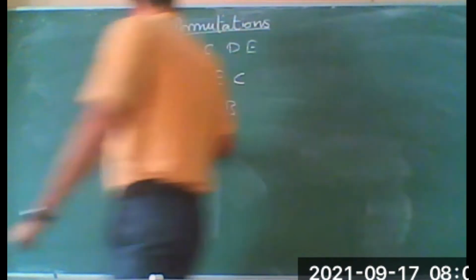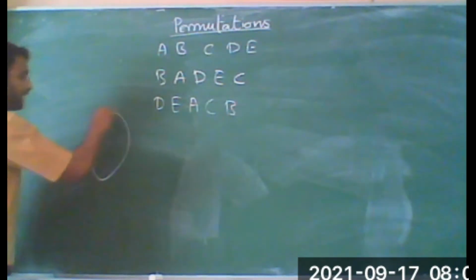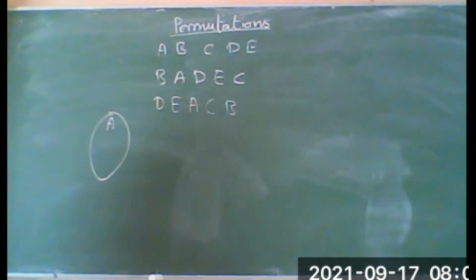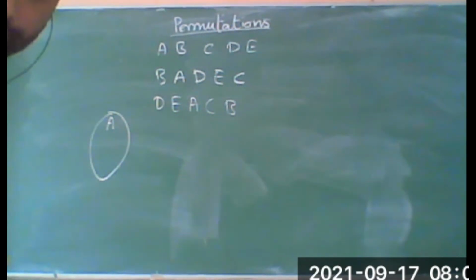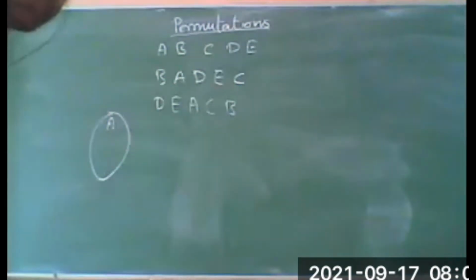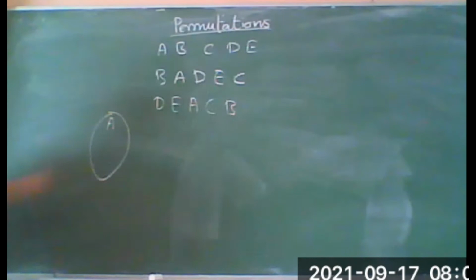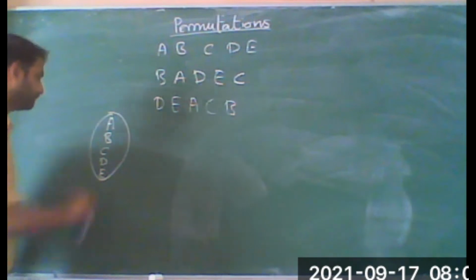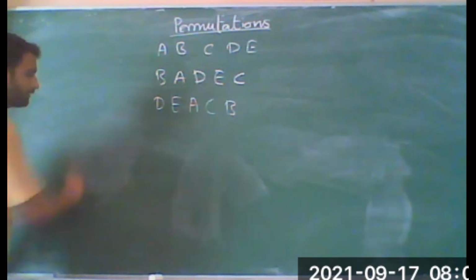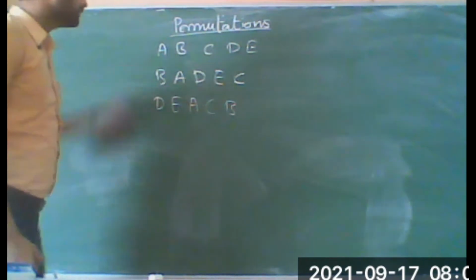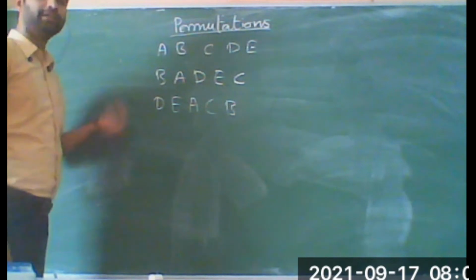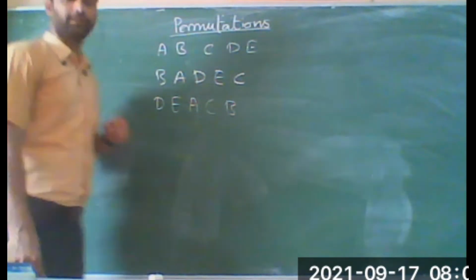And later you will see, or you can see now, if I take these 5 objects here in a set. Oh, sorry, we cannot do this now because this requires the idea of function. So we will do it later. So basically, permutation means the arrangement, or rearrangement, of some objects in a certain manner.